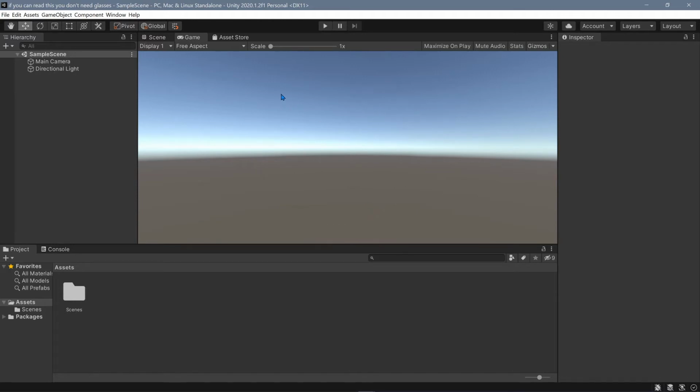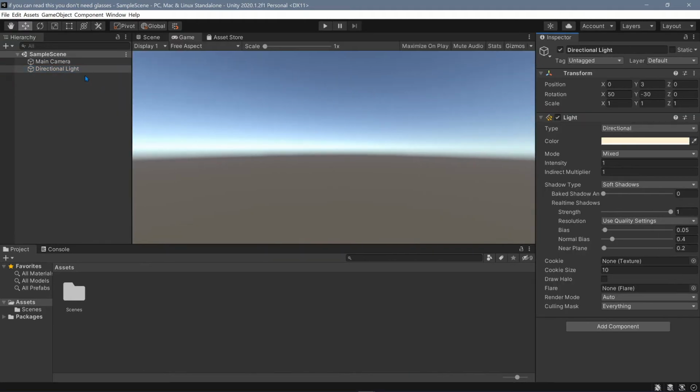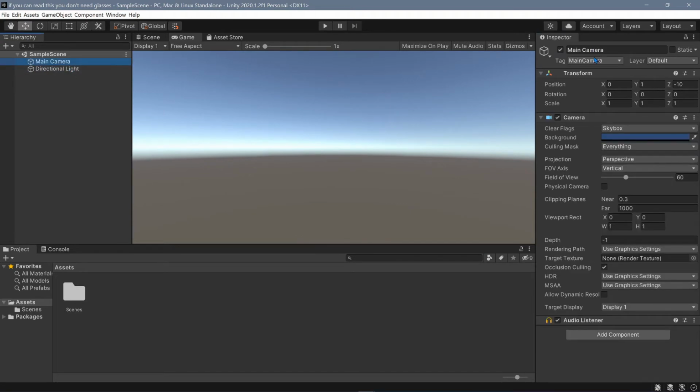All of this looks very intimidating right now, but I'll try to make it simpler. On the left is the hierarchy, which contains our scene and the two objects that are currently in it, the main camera and the directional light. Next, on the right, you can see the inspector. If you click on different objects in the hierarchy, you'll notice that they appear in the inspector, which allows us to edit properties about them. Don't worry about any of the components right now, just focus on the transform component, which every game object has. You can adjust the position, rotation, and scale of each object.